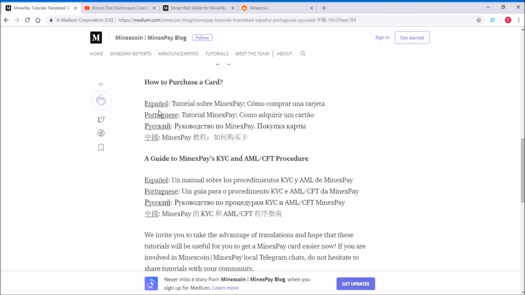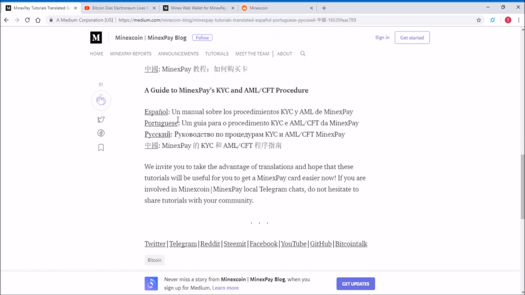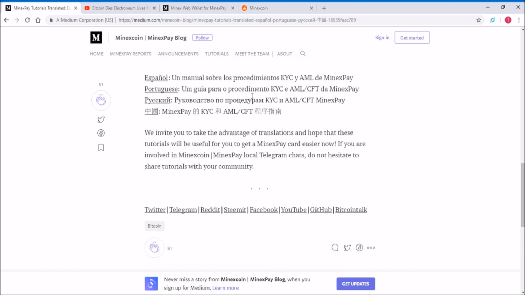If you click one of these links, depending on your language, you'll have a tutorial on how to purchase a card and a guide to MinexPay's KYC and AML CFT procedures. And we invite you to take advantage of the translations and hope that these tutorials will be useful for you to get a MinexPay card easier now. Also, if you're involved in MinexCoin or MinexPay local Telegram chats, do not hesitate to share the tutorials with your